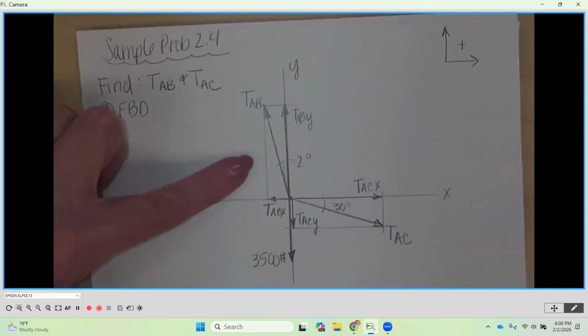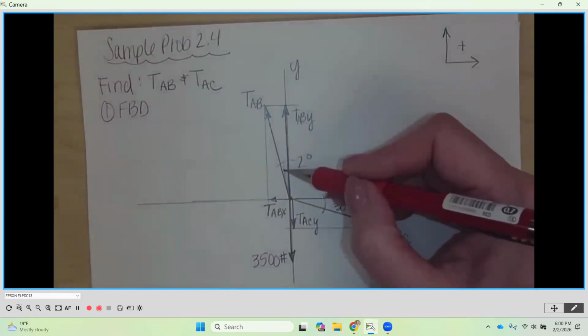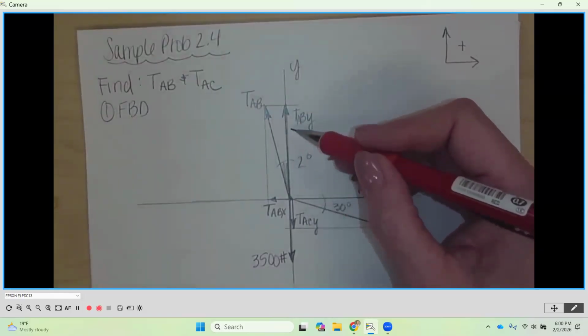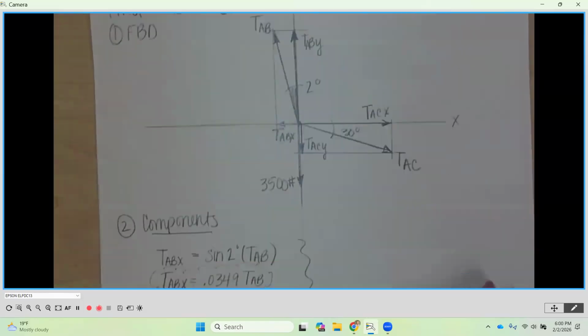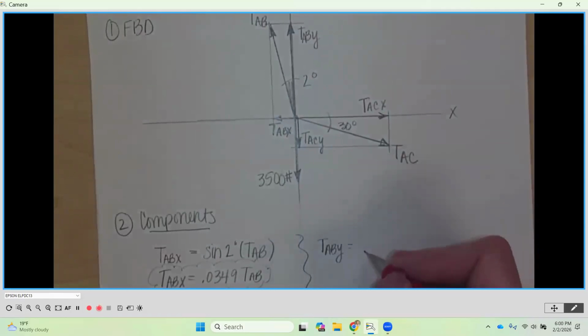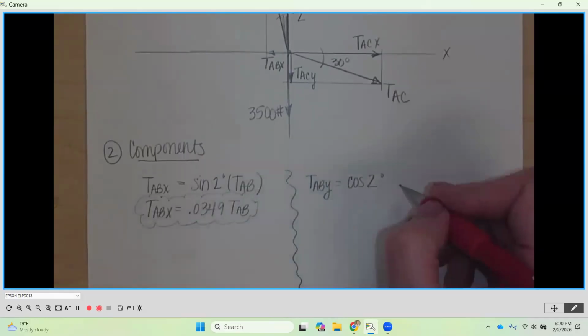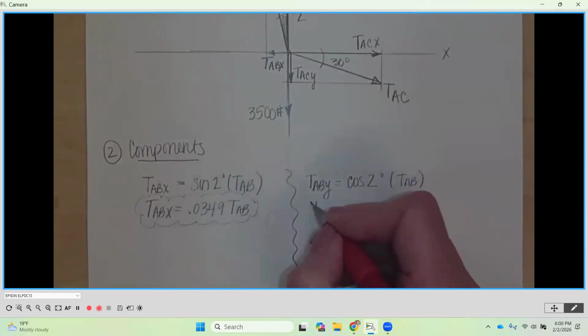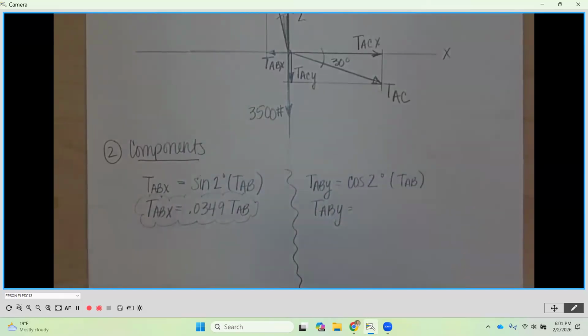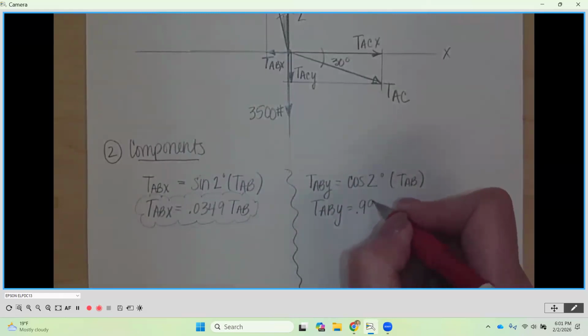All right, so if we look at the y component here, we look where our 2 degrees is. The y component is going straight up. That is a side adjacent. And then we're going to put it in terms of its hypotenuse. So this would be TABY is equal to the cosine of 2 degrees times TAB, the hypotenuse. So TABY, find the decimal equivalent of 2 cosine, that's going to be